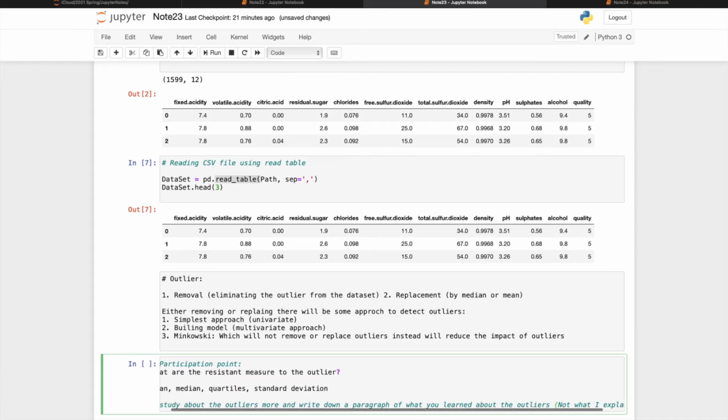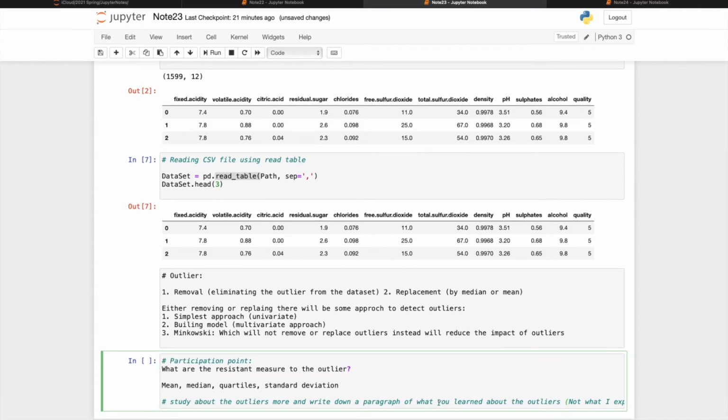I want you to study this more and explain to me something that I haven't explained. So I want you to really study this topic more, because